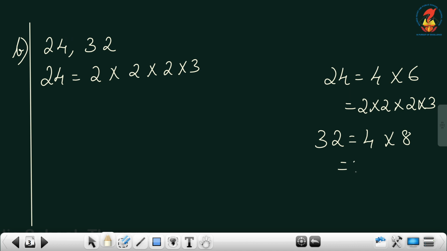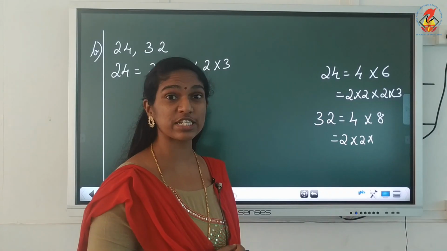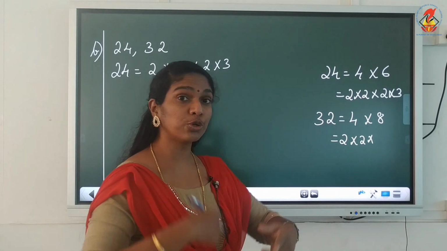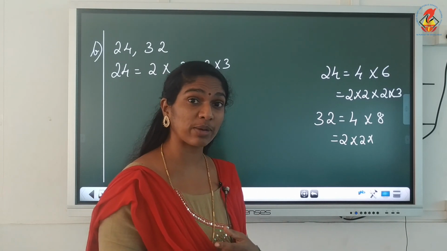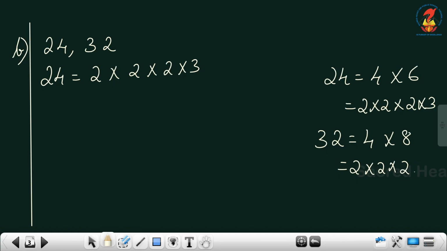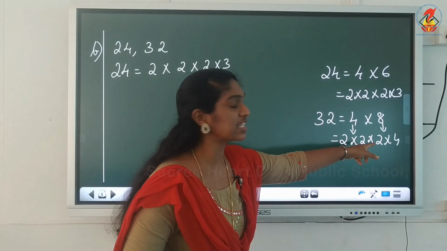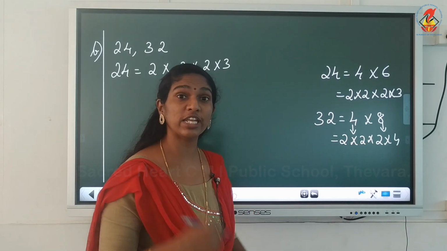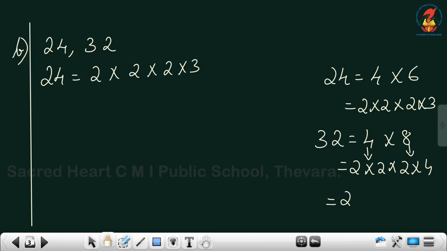How can I split 4? 4 can be written as 2 into 2. How can I split 8? 8 can be written as 2 into 4, right? But there is a 4 coming over there. That 4 I can write again as 2 into 2. So first I will write 2 into 4. This is 4 and this is 8. First I did that. But again I can see a composite number in the factors, so I need to split that again. I'll write down this 2, this 2, the third one, and 4 what will I do? I will split 4.